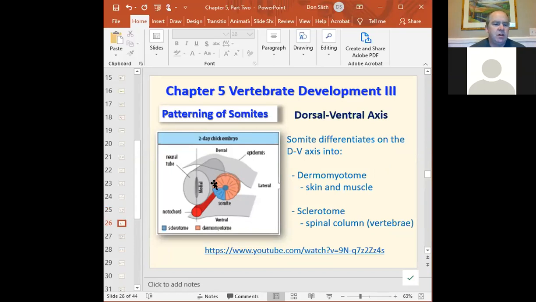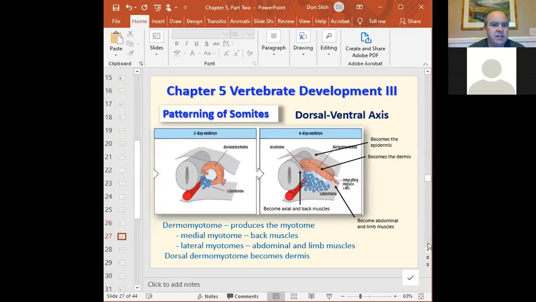dermomyotome. So sclerotome will become skeleton, basically cartilage, and then ribs and spine. What do you call spine? Vertebrae. Vertebrae. How's that for anatomy and physiology? I never had anatomy. Okay, so here's your dermomyotome, and that will then differentiate into